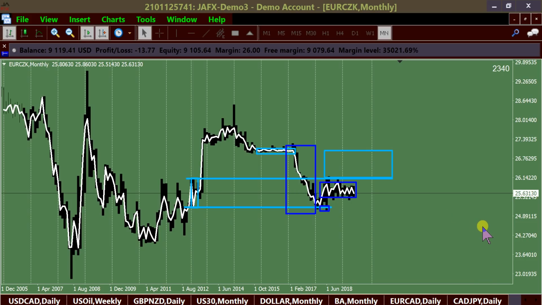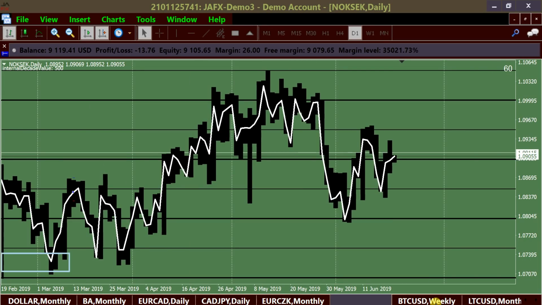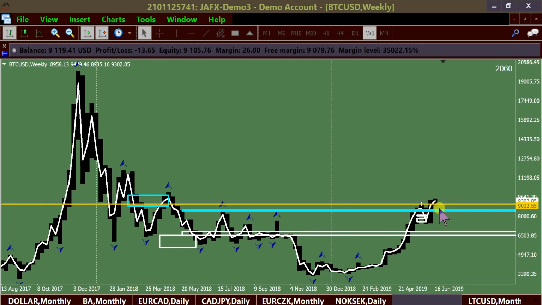Here's the euro versus the... I don't know what the fuck this is, but look at this thing trapped. It's in jail. The Bitcoin Weekly. Pummeling north. It looks like we're going to dip into this window up here. Unfucking believable. She has pulled back to the breakout here, and she's commencing a northern ride. And this will be the,